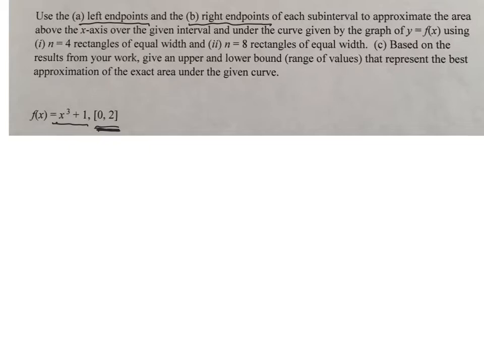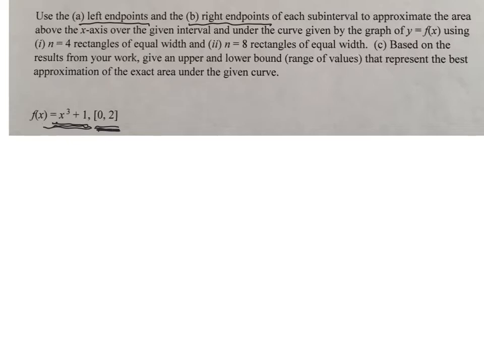We're going to break 0 to 2 into smaller parts, and those will be the sub-intervals. To approximate the area above the x-axis over the given interval, 0 to 2, and under the curve given by the graph y equals f of x, in this case our x cubed plus 1, using,